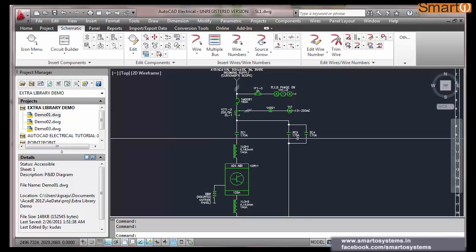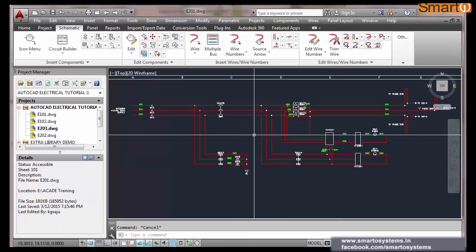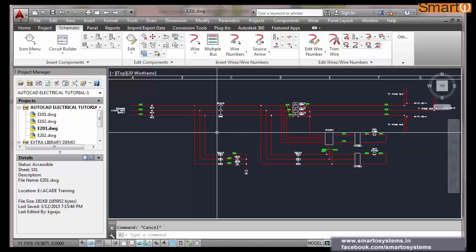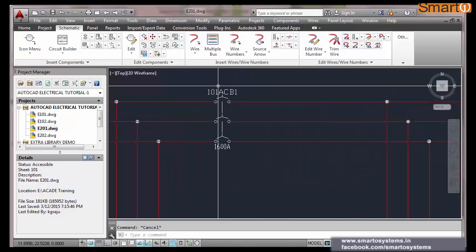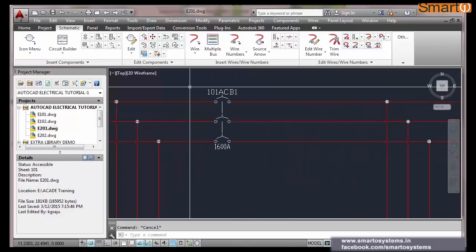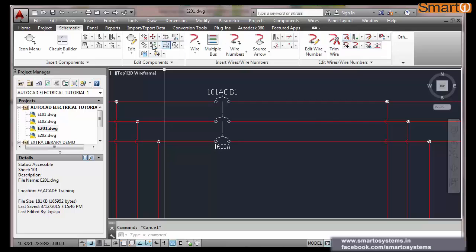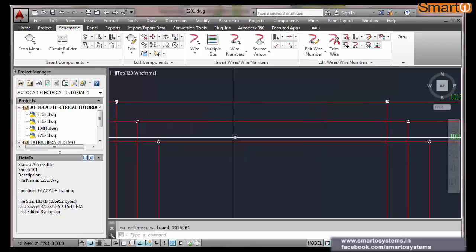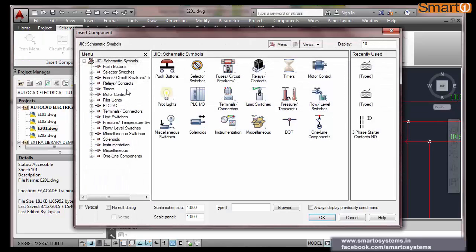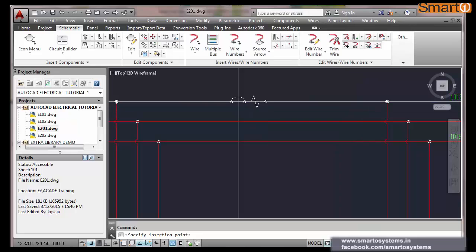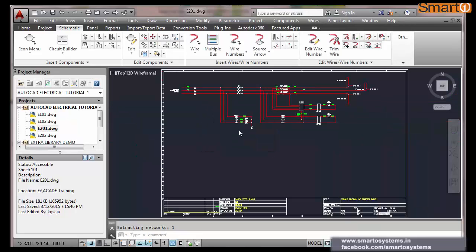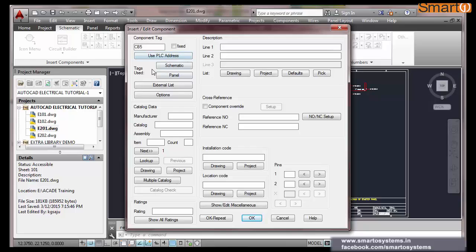Okay. So this is what we are going to do. We have already created a circuit in the previous session. That was almost like this. Here we have an MCCB, but we have used the ACB. If I want to replace this, I will just delete this component, the ACB. Fine. Now I will go to my icon menu, income circuit breakers. Here I will get the 3-pole motor protection circuit breaker right down here. This is my sheet number 201.